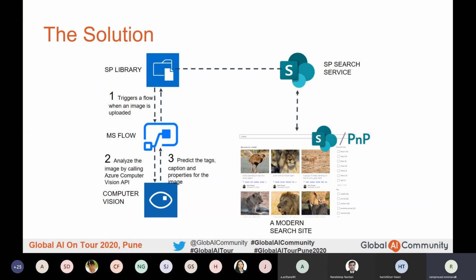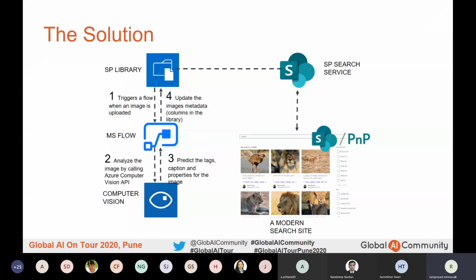Computer vision returns the data back to the flow, and the flow in turn updates these values. It could be the tags or the description, the dominant color, black and white or clip art type. All this metadata is in turn updated into the columns of that specific image in my SharePoint library, right?